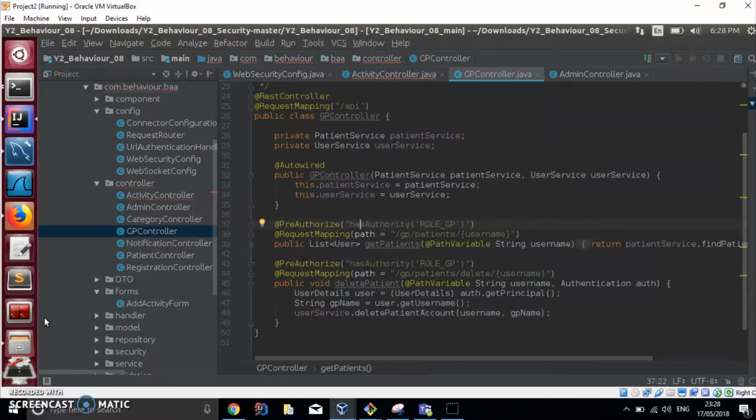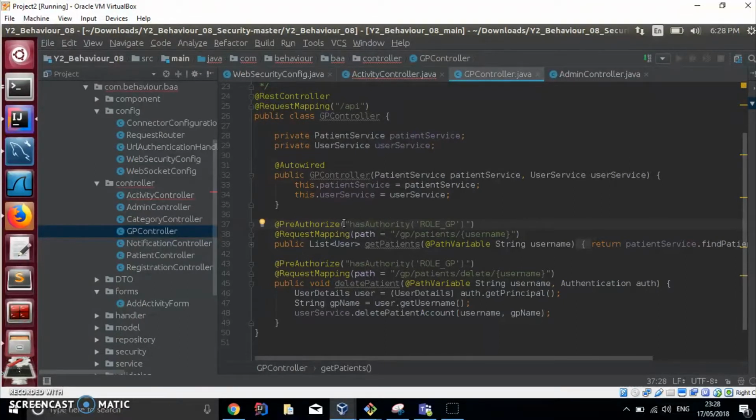From further research, there are also some other methods Spring provides for authorization. The one that I have now is the PreAuthorize annotation, where you can quite simply attach an authority to a request mapping or a method. So the getPatients method, I have pre-authorized to give the role of GP. So should a patient or an administrator even try and use this API, they will receive the same error message as shown already, which is the